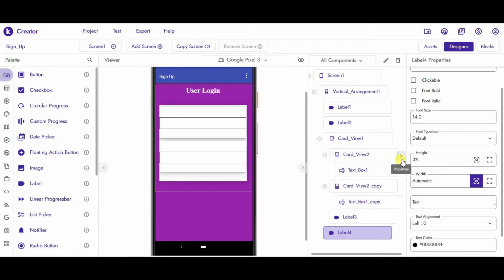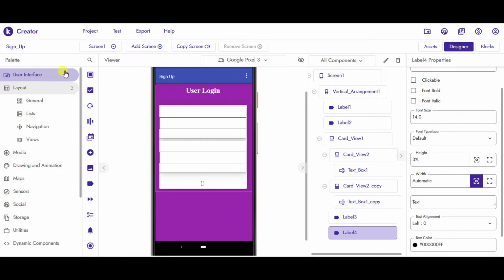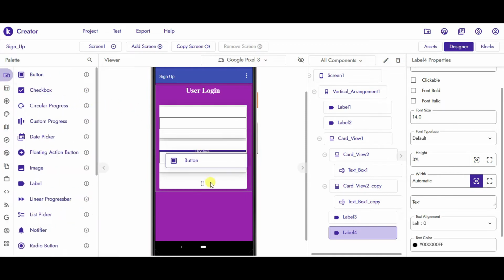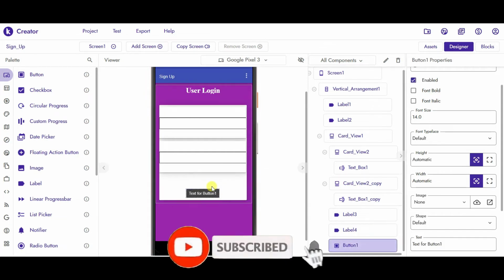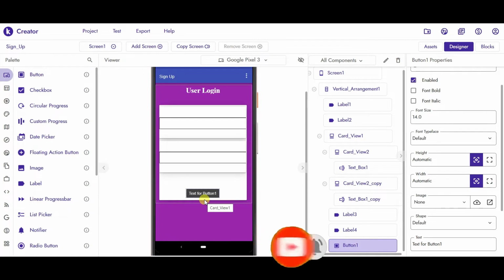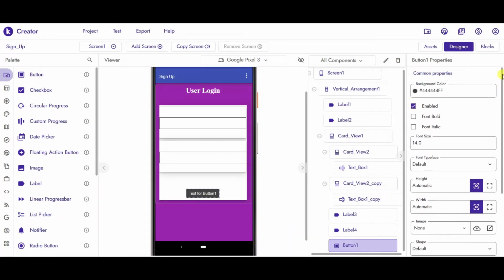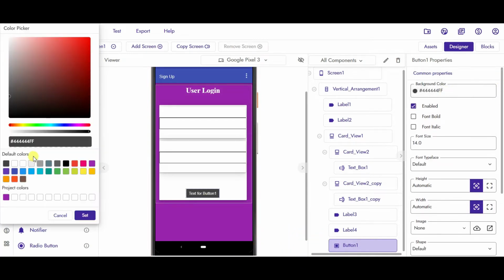Now just drag one button. Take this inside the card. In the button, set the background color.